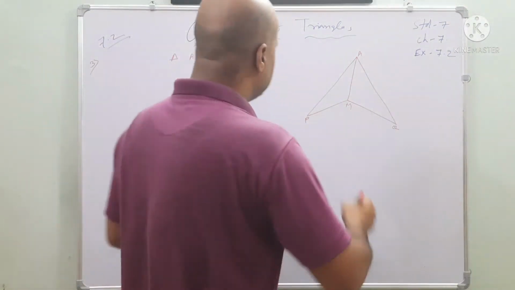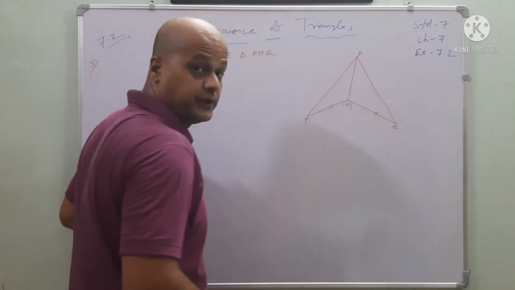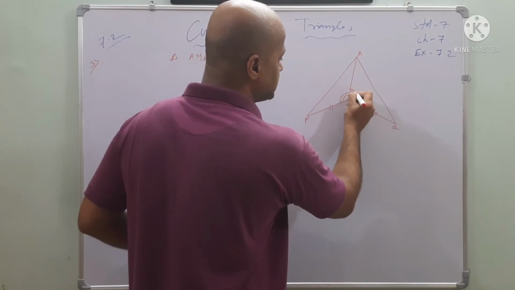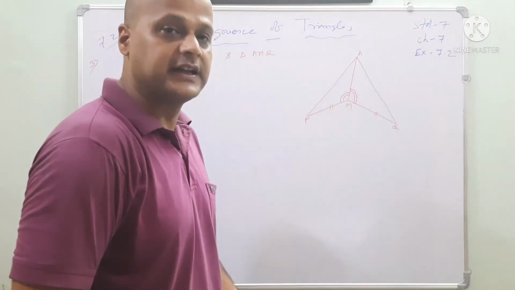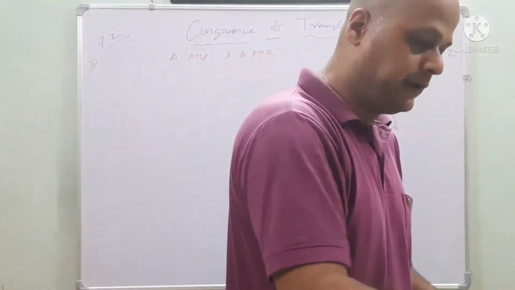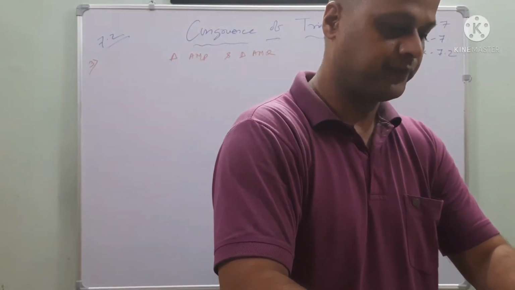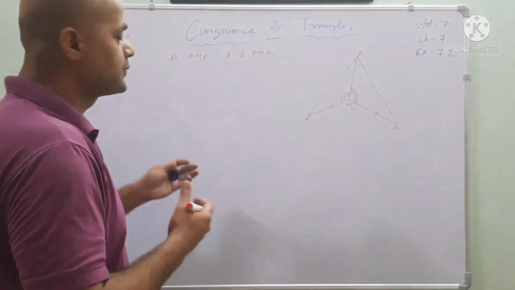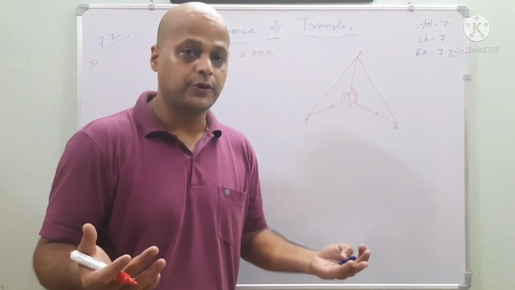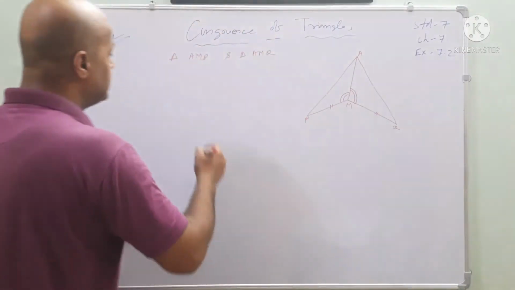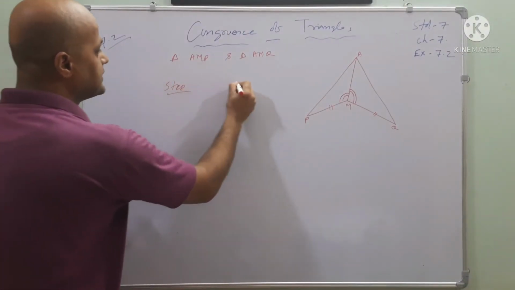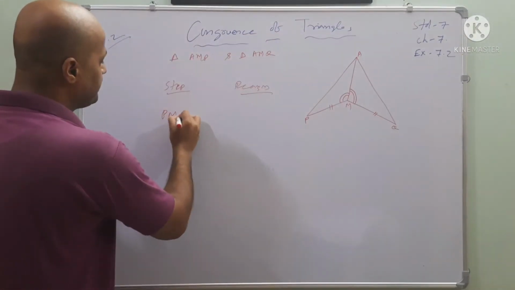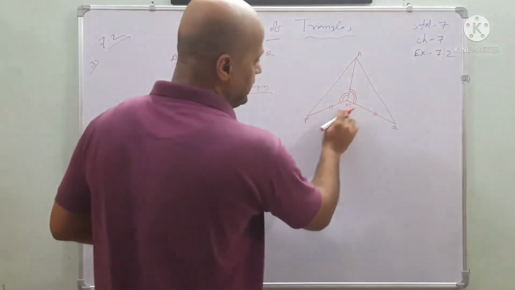Again, what hints are given? It is given PM is equal to QM, and this angle is equal to this. Understood? This is the thing that is given, my dear friends. Okay. Excuse me. It is saying that the steps are given and you have to fill the blanks. Steps and result. What is the step given? PM is equal to QM.